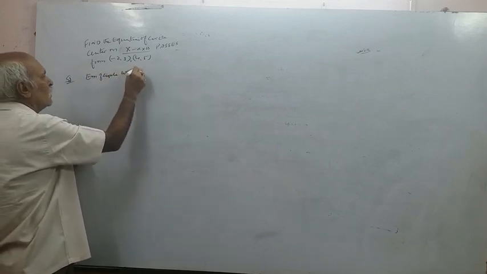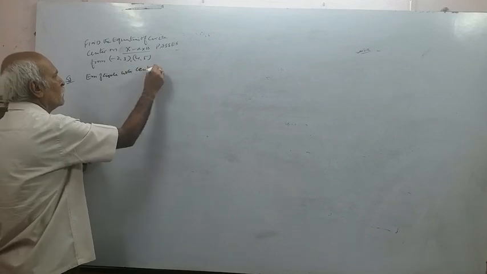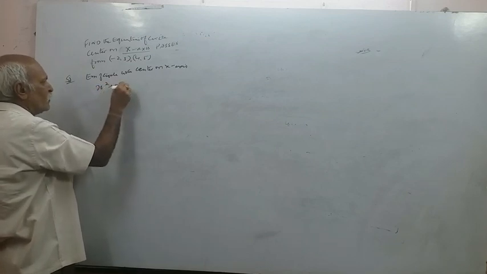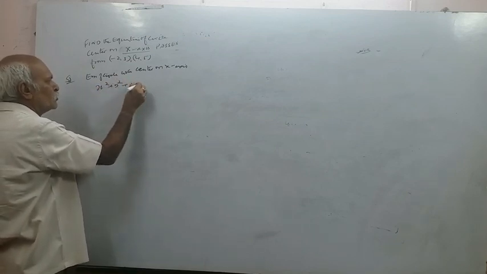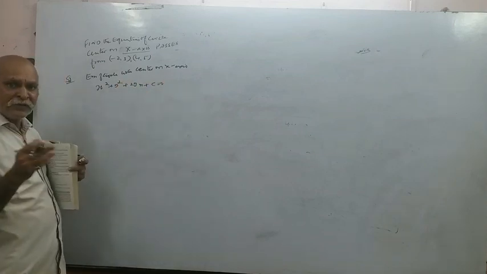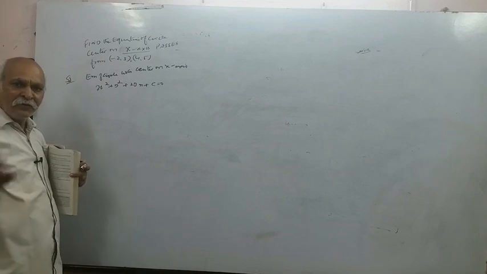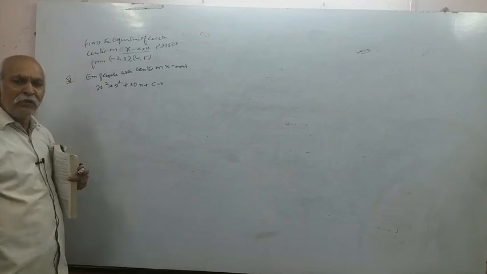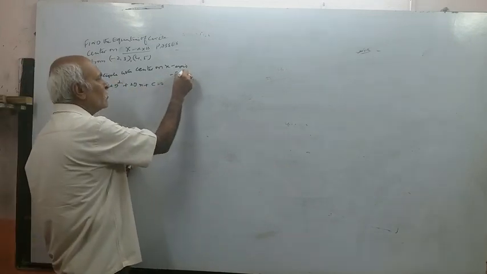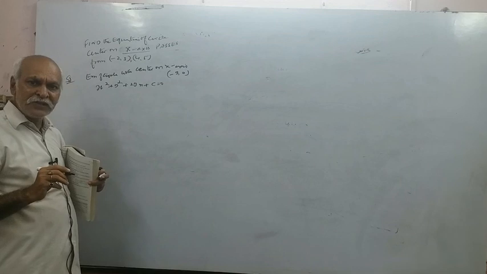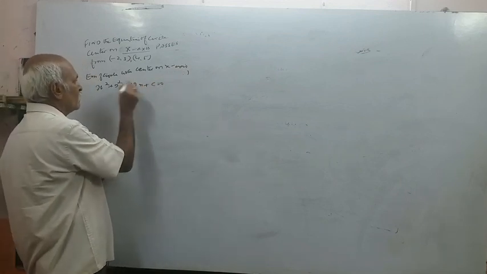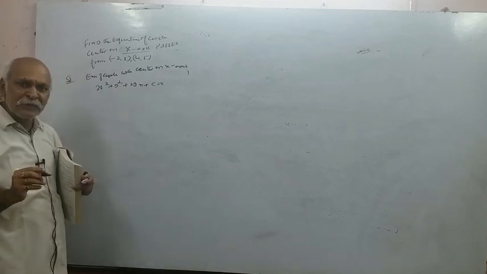So the equation of the circle with center on x-axis is x square plus y square plus 2gx plus c is equal to 0. There is no fy term, sir, because the center is on the x-axis. So which coordinate will be 0? The y coordinate will be 0. So the center will be minus g comma 0. That's why our equation is x square plus y square plus 2gx plus c is equal to 0.